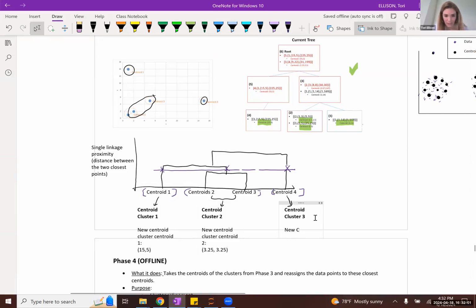This is my new centroid cluster centroid, which is simply just this centroid itself.